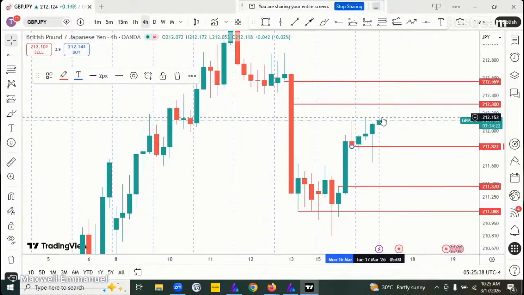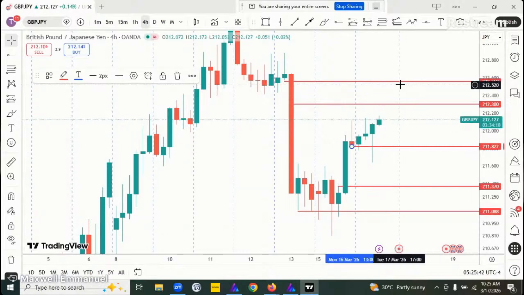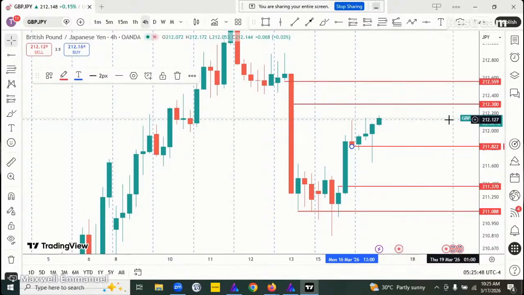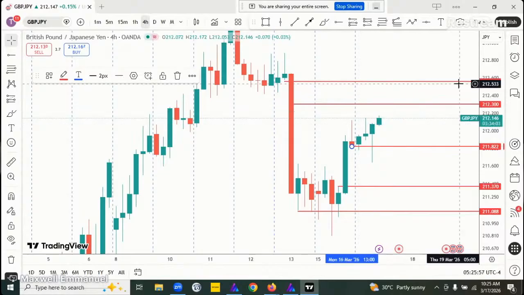Imagine if I take the trade and I set my stop loss 100 pips and my target is just 212.55. 212.55 from the current market price is just about 40 something pips. Look at the risk reward. So I will be risking $100 just to make 50 something pips. That's not a good investment. So that's my take on GJ. GJ is buy, but this is not the right time to buy.